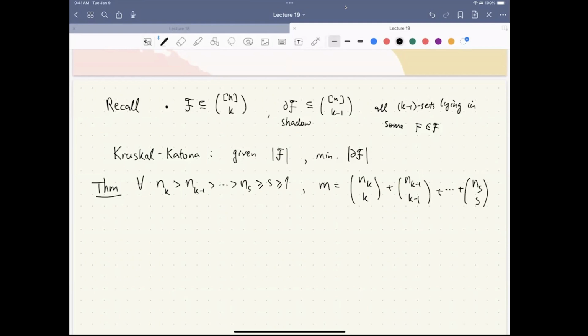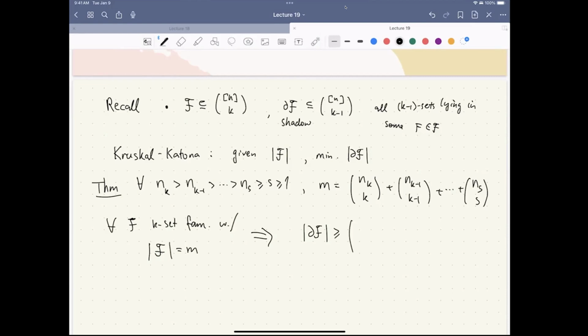Then the conclusion is for any k-set family F with size m, the number of sets being m, its shadow, as a (k-1)-set family, must be at least